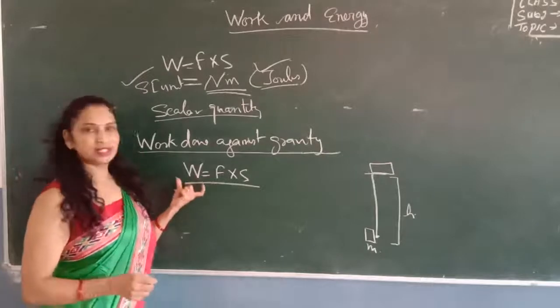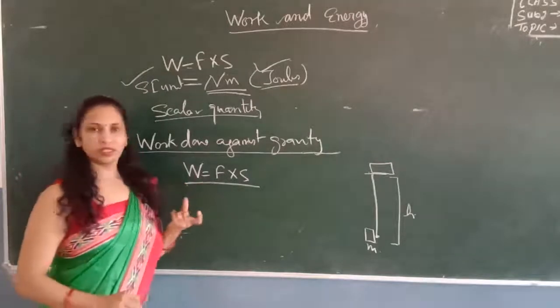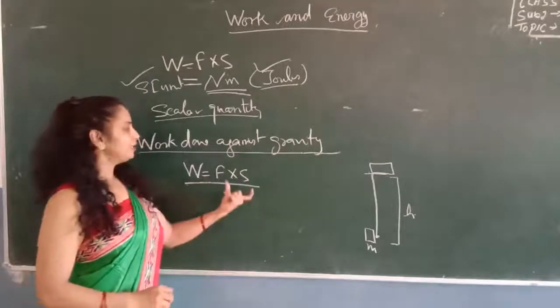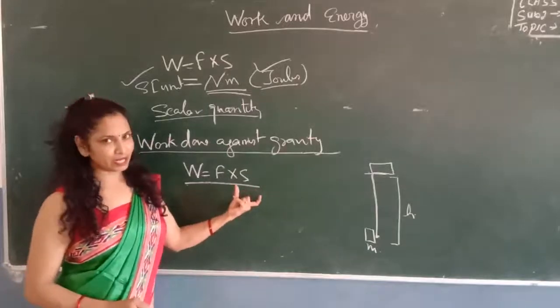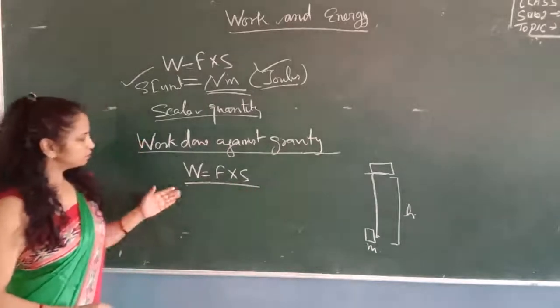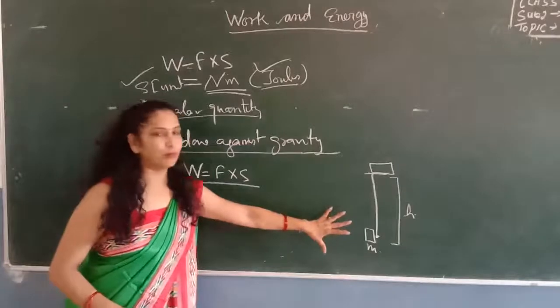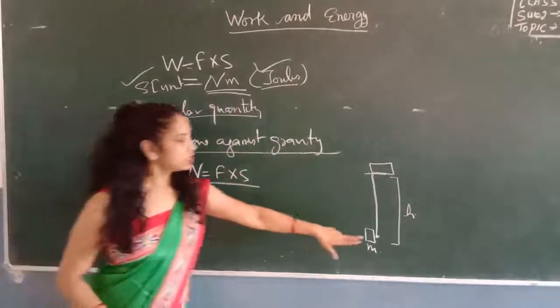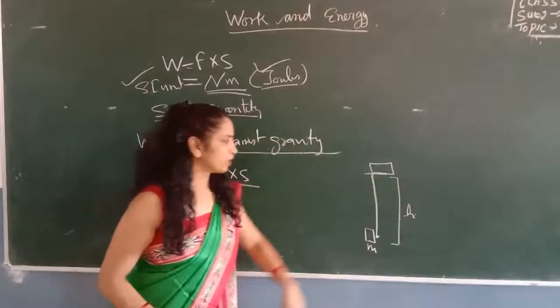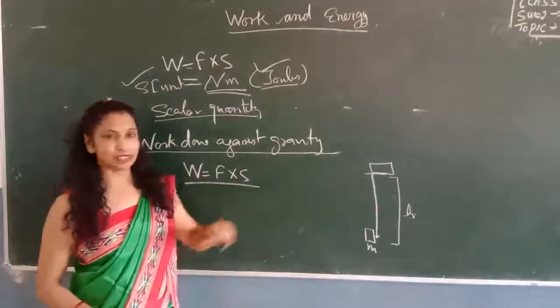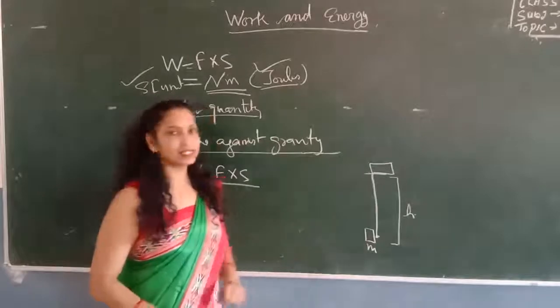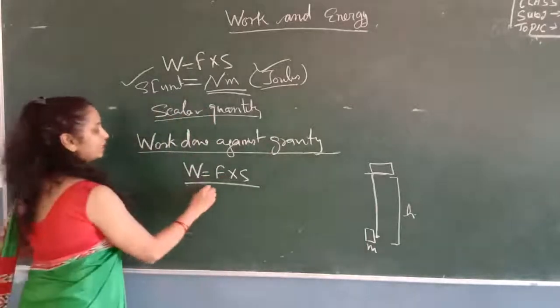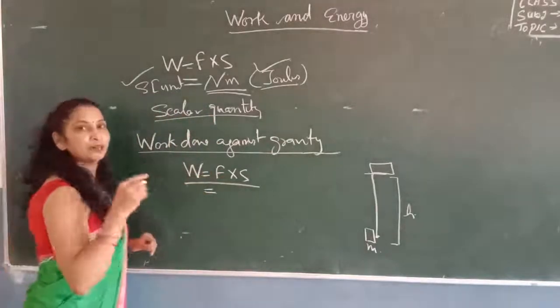Work done is equal to W, force is represented by F, and the distance or displacement is represented by S. Suppose you bring a brick up to the roof of your house. The distance of the roof from the earth is h meters, and the mass of the brick is m. So we can say the force exerted by you